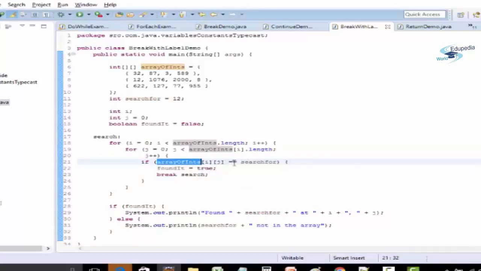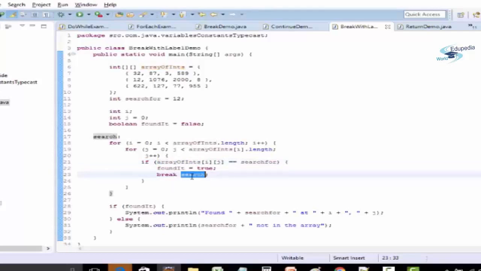You can notice that I'm using a 2D array instead of a 1D array. So, to search in a 2D array, I need two indexes, i and j, and for that I need two loops, that is nested loops. Then I'm searching for searchFor. If foundIt equals true, then I'm using break but with the label search.